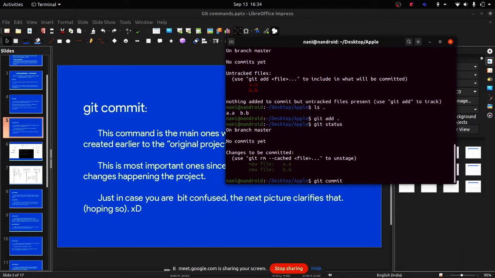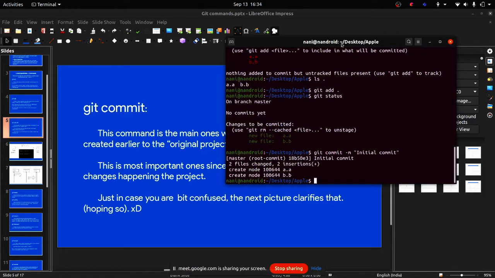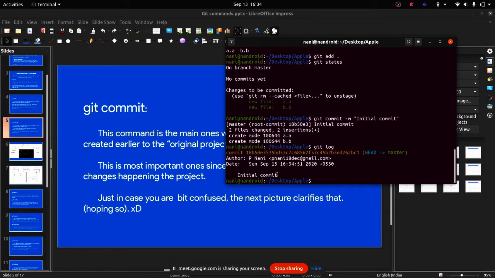For this command we use one parameter called -m, which is nothing but giving a message. This message helps you understand what you have done in this new update. For example, for now there are only 2 files. Since I just created new files and there was no other purpose, I'll consider it an initial commit. So I have made a commit, initial commit, with this.